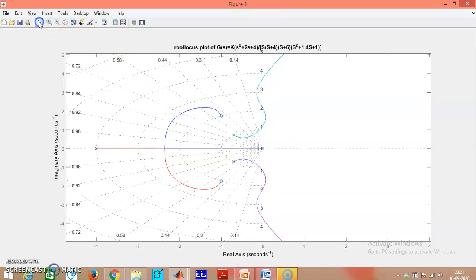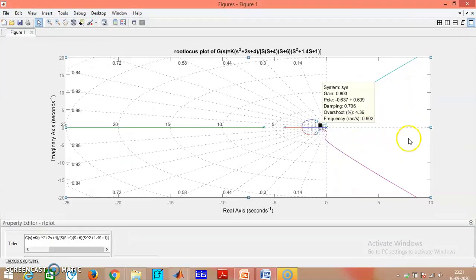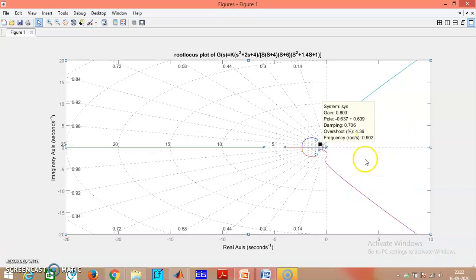let us go back to the original diagram. So you can extract the information from any point of the root locus.